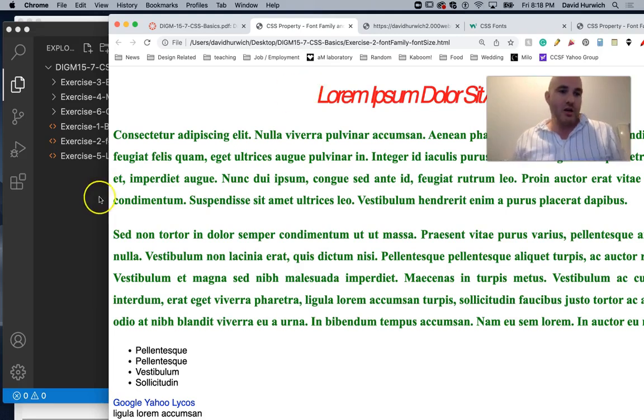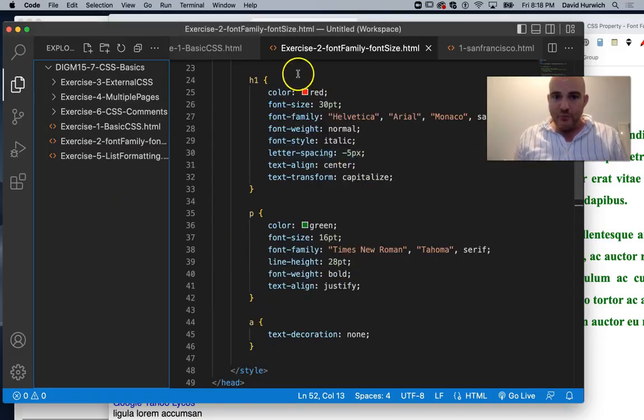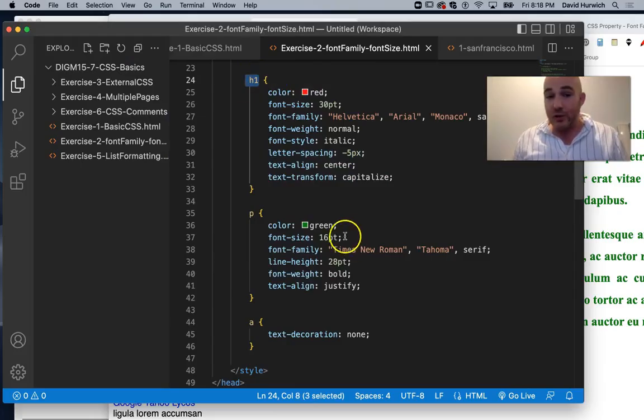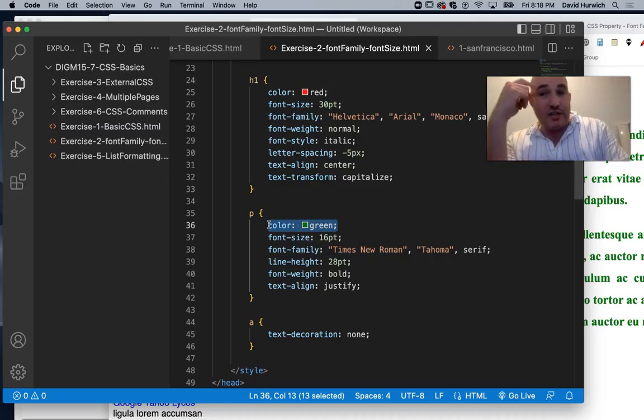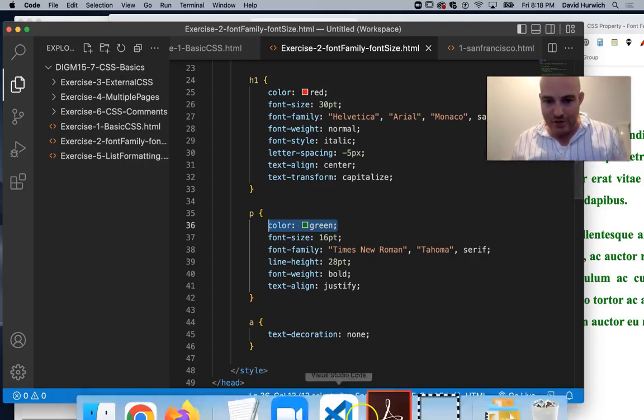Okay. One other thing I want to talk about, so we've talked a little bit about applying color, right? So here I made my text red, or here I've made my text green, right? But if you've ever tried painting a room and you've gone to Home Depot, you know there's no such thing as just red paint. For every color, there's many, many variations of color. So how can I be more specific with my color? Well, to do that,